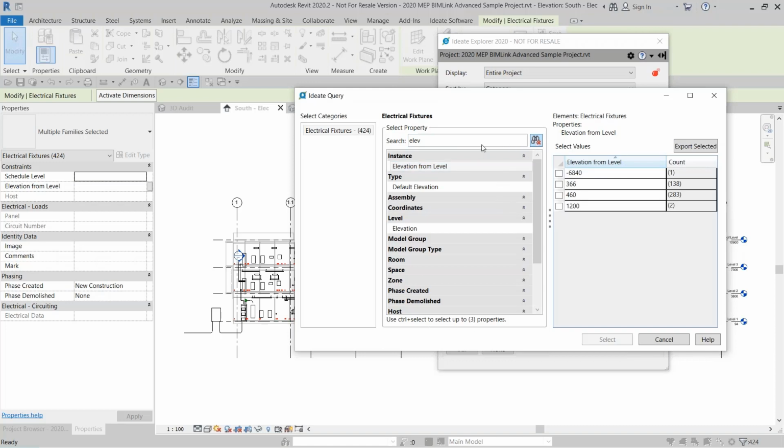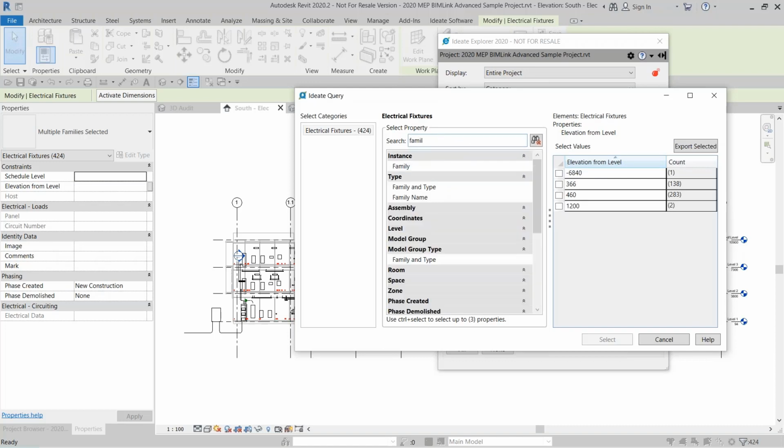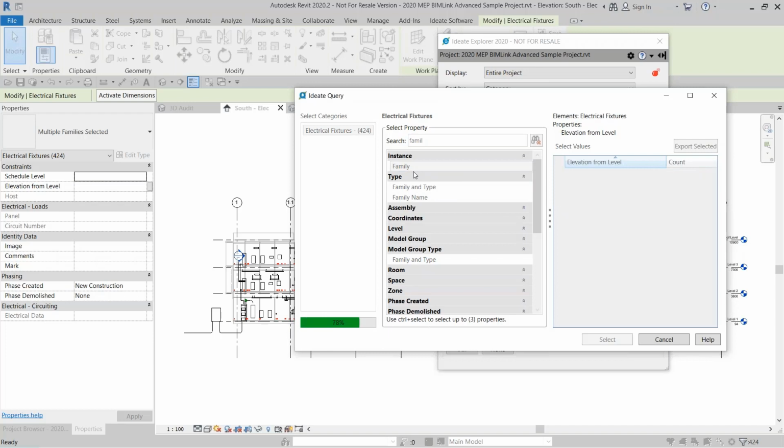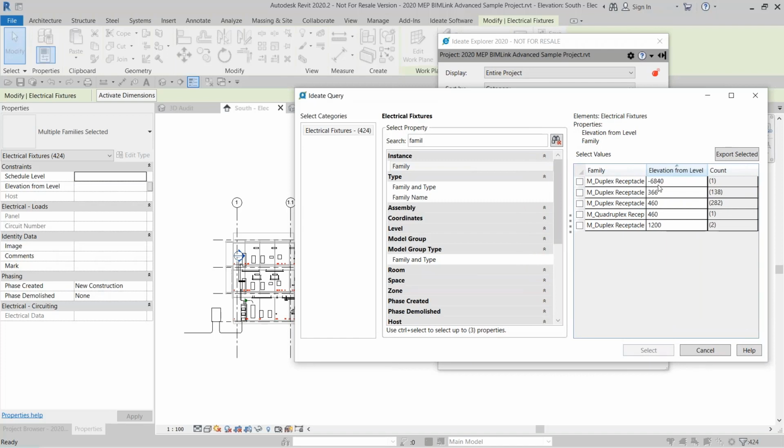But to really give me some information here, I sort of need the family, or family and type. I have all this information. So in this case, maybe I just want the family. So I'm going to do a control there and then move that over. And again, I can review why this is minus 6,000 millimeters. Why did they reference it? Maybe that should be referenced from a different level. But I wanted to show you if you wanted to make a mass change, like in this particular case, this